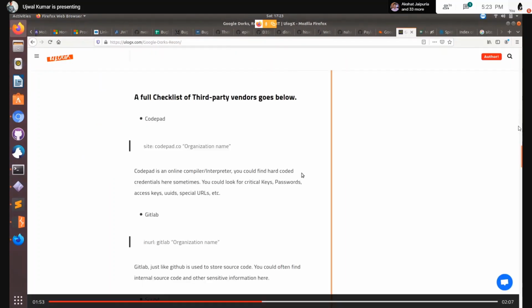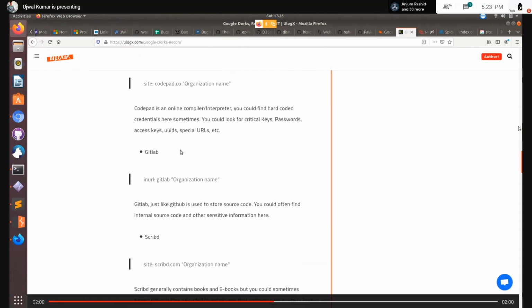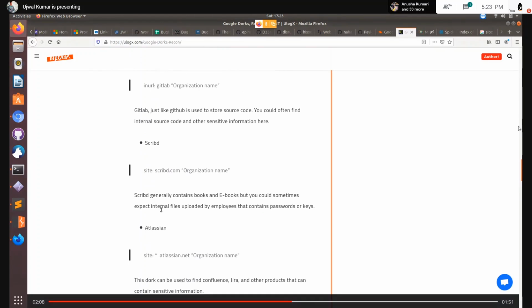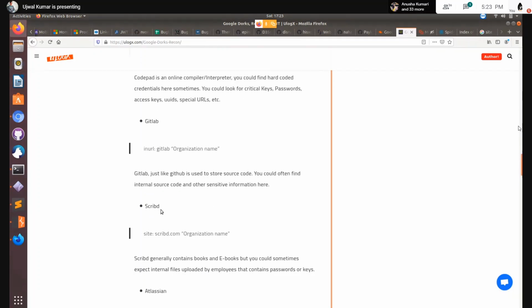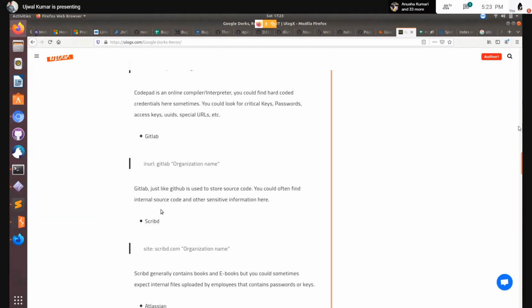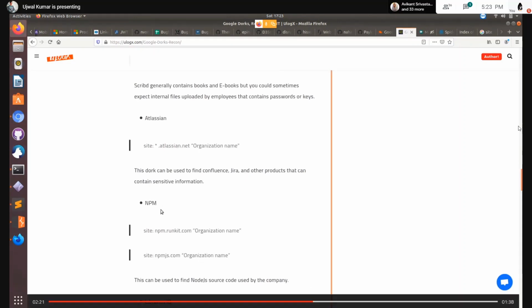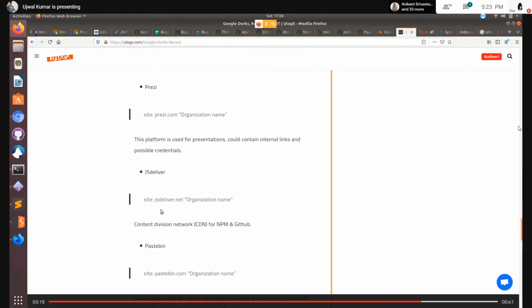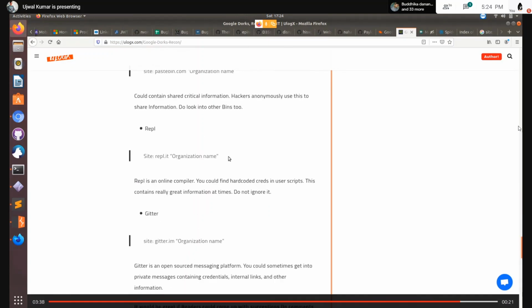So similarly, developers use a lot of different things like GitLab, Scribd, and a lot more platforms, and they think that this data won't be exposed. But since Google scans every single thing on the internet, even this gets scanned. And that's how data leak happens. I personally got a good bounty with Prezi, I guess. No, REPL. Yeah, REPL is a very good platform where developers make a lot of boards and stuff in which they